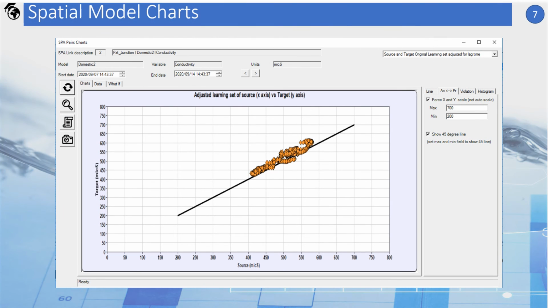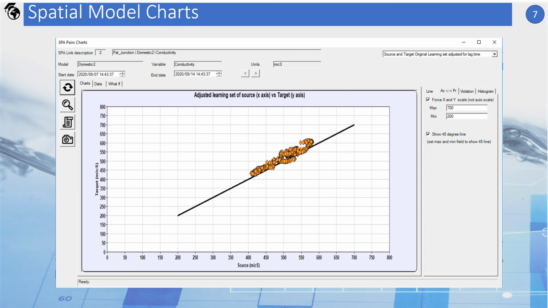The 5th chart shows an additional scatter chart, a combination of 2 data sources. This chart shows the adjusted source versus target data. The term adjusted refers to the fact that the source station's data is adjusted by time according to the flow time. This means that each point in the scatter chart shows the actual measuring and the measuring of the same drop of water some minutes ago at the source station according to the flow time.